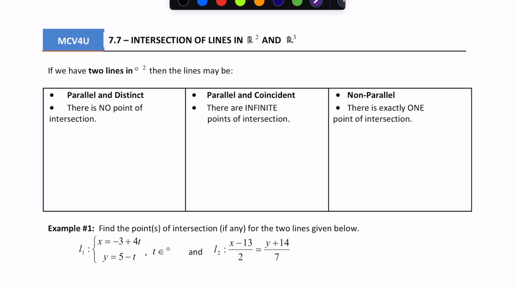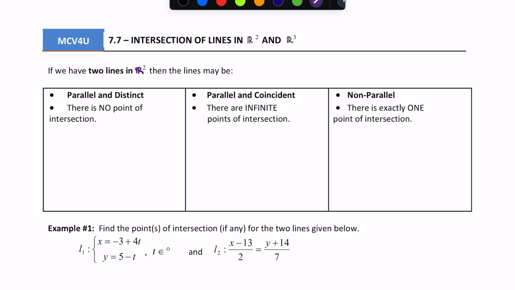Hey everyone, welcome back to another lesson in MCV4U. Today we'll be looking at intersections of lines in R squared and R cubed, again, or in 2 space and 3 space. So here, again, if we have two lines in,